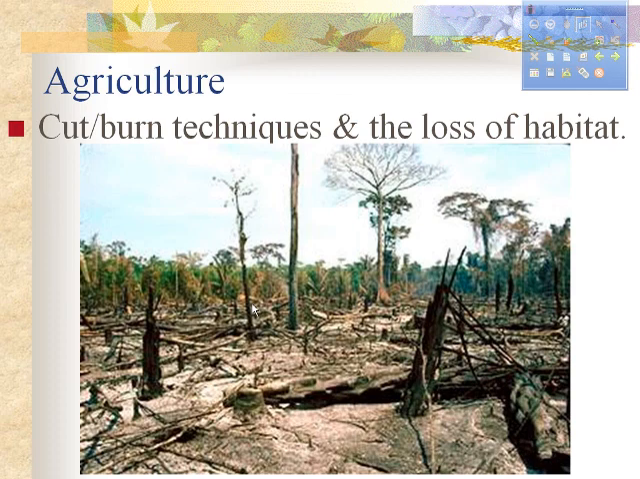So in agriculture, you have cut and burn techniques with the loss of habitat. That cut and burn, where you initially purposely start that wildfire or that fire on a controlled burn in order to quickly clear an area so that you can